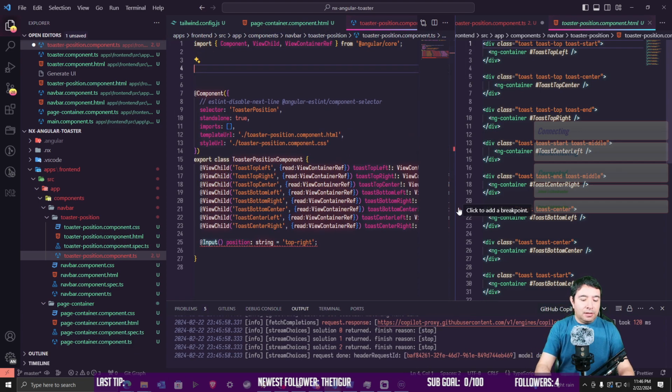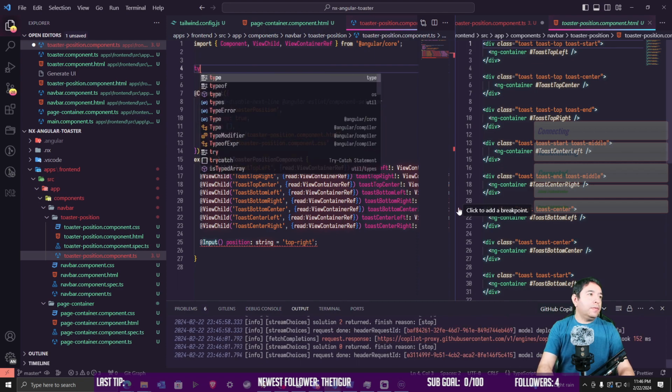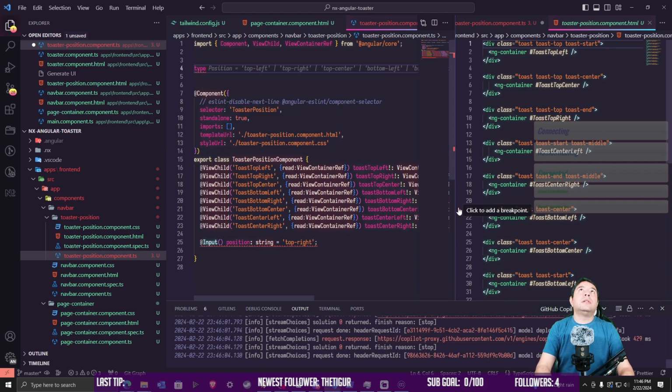I'm going to say here type. The only position that is not going to be available is. Should we create a toast that should be in the center? It happens that we should see toast on the center of the screen. Maybe. Why not? So I'm going to say here